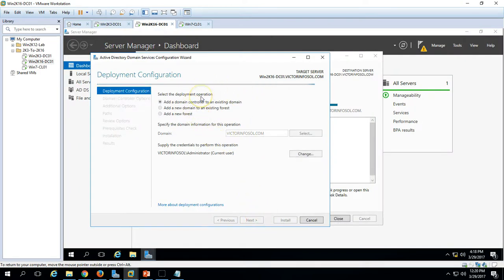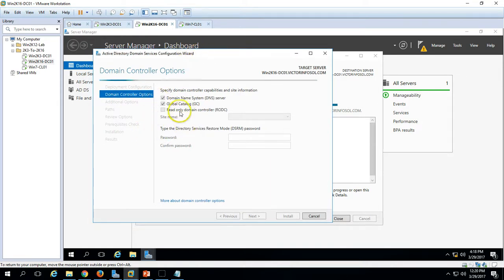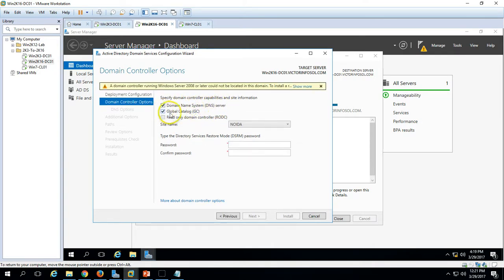Now it will check the forest and domain functional level for us. So here we are. When you're doing this, make sure you are installing the Domain Name Services here like DNS, and the server is part of a domain as a global catalog server. So site name is Noida. Yes, correct. And then put the credential here for